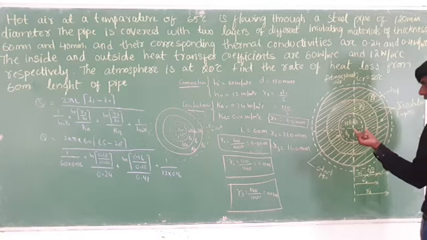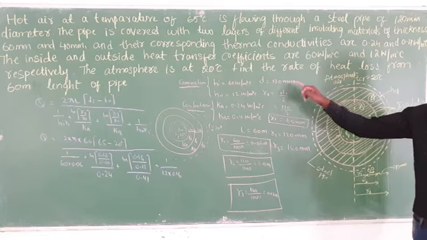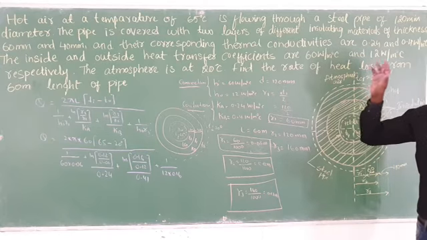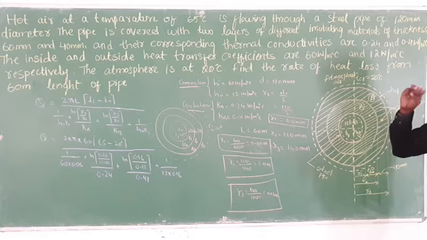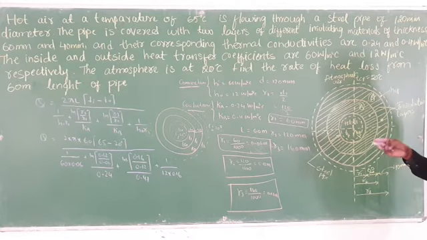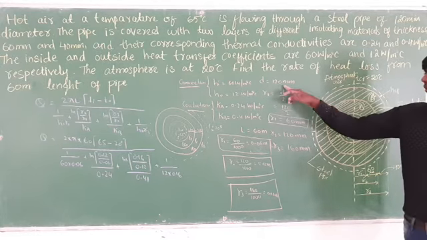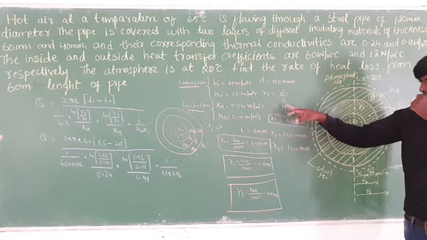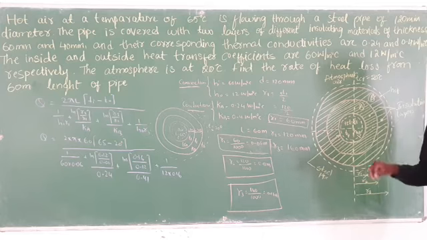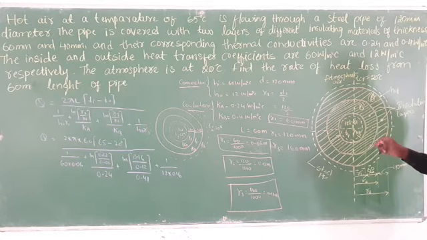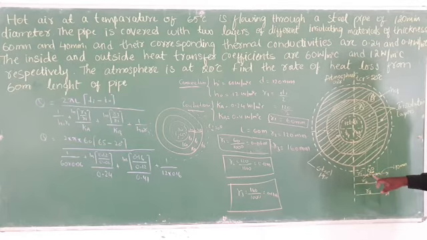After that, whatever the diameter is given, as you can see 120 mm is given. Let it be in mm. Later on you will get the values of R1, R2, R3, and you can convert them into meters. So the diameter you have to convert into radius: 120 by 2, R1 is 60 mm. After getting R1, for the first insulator 40 is given. So what is 40 plus 60?